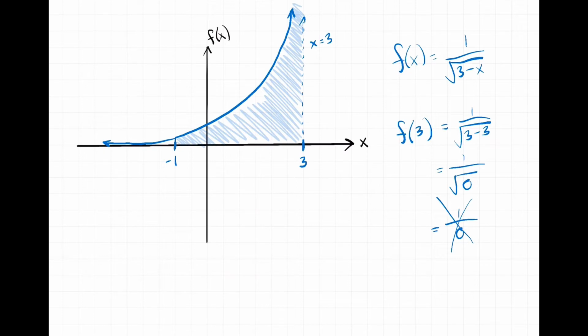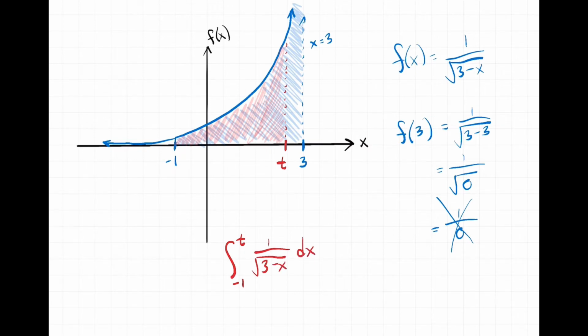What we'll do is we'll just pick a variable here, another bound that is not quite as far as 3, and we'll just chop that up right here, and we'll find the area instead between -1 and t, this new variable t. Now this area is clearly not quite as big as it should be. It's less than the area we want, but it is a bounded region, so we can actually find this area. We'll find the integral from -1 to t of our function, 1 over the square root of 3 minus x